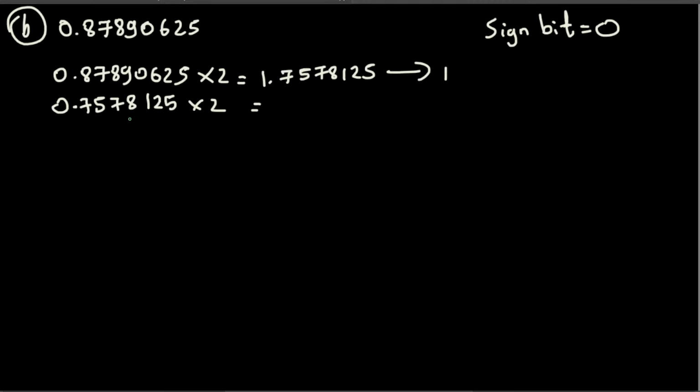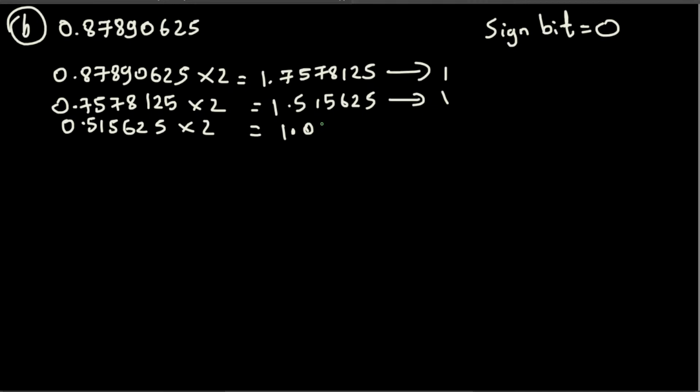Okay, if we multiply 0.7578125 by 2, that gives us 1.515625, and here we have 1 in front, we put it right here, and the values after the decimal point are 0.515625. Multiply that one by 2, that gives us 1.03125, and here we have 1 in front, so we put it right there, and then